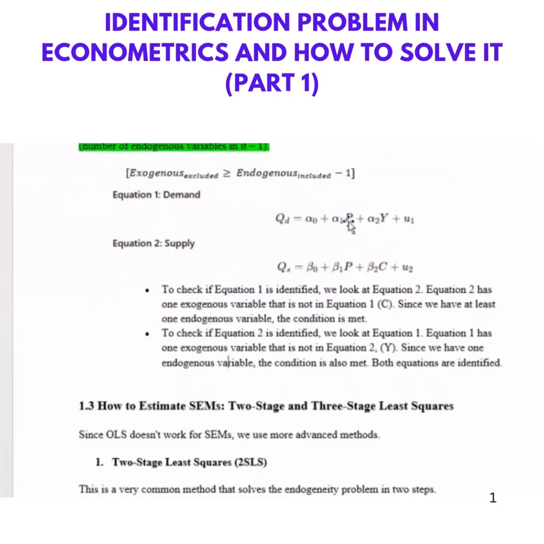P is endogenous because it is found in both equations. It is affecting both equations. So we call it endogenous. It is determined within the model. Quantity demanded and quantity supplied are definitely the dependent variables. Y and C are now the exogenous variables. And another term for exogenous variable is the independent variable. So what we are saying is, to determine whether this first equation is identified, or whether we have all the information that we need, we look at the second